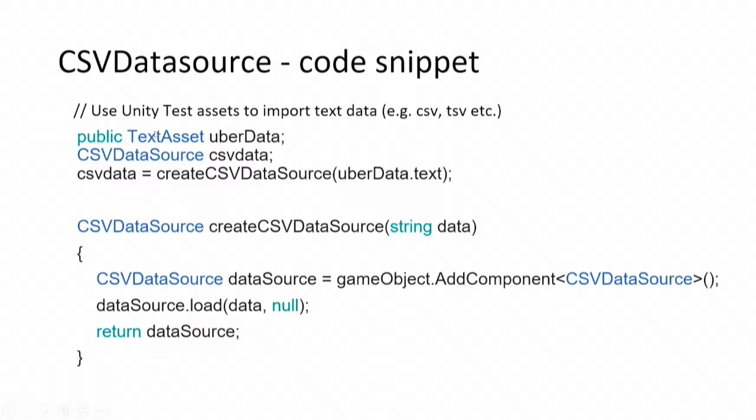So we're going to use a CSV data source, which is part of our IETK. We're going to use a text asset, which is a facility that Unity gives us. And then we've created a little helper function here, which will actually load the data source. In terms of how you load the data source, it's actually one line of code when you have all that. It's data source.load. We pass in the data as a string, and then we pass in an optional metadata, which